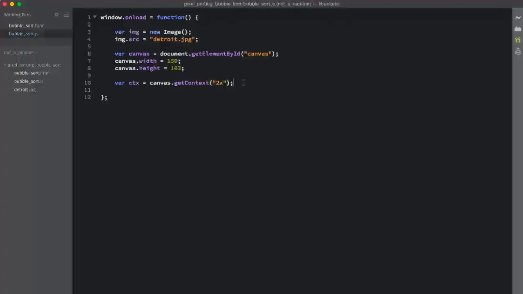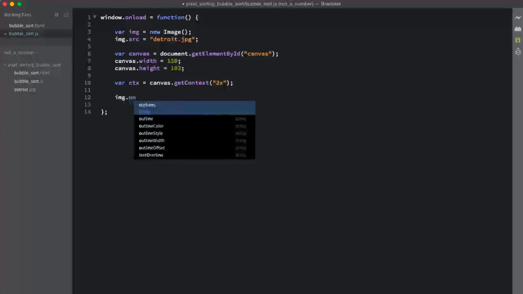So what's going to happen now is when this code runs, it's going to create this image file, it's going to assign the source, and then even though we haven't actually added this image to the DOM yet, it is going to load that image, and we can execute code when that image loads. So we can create an image.onload function,